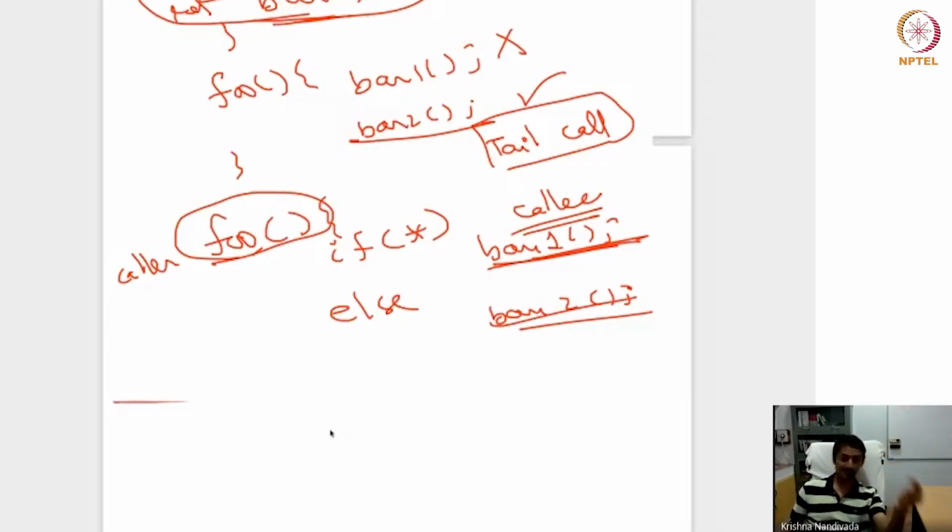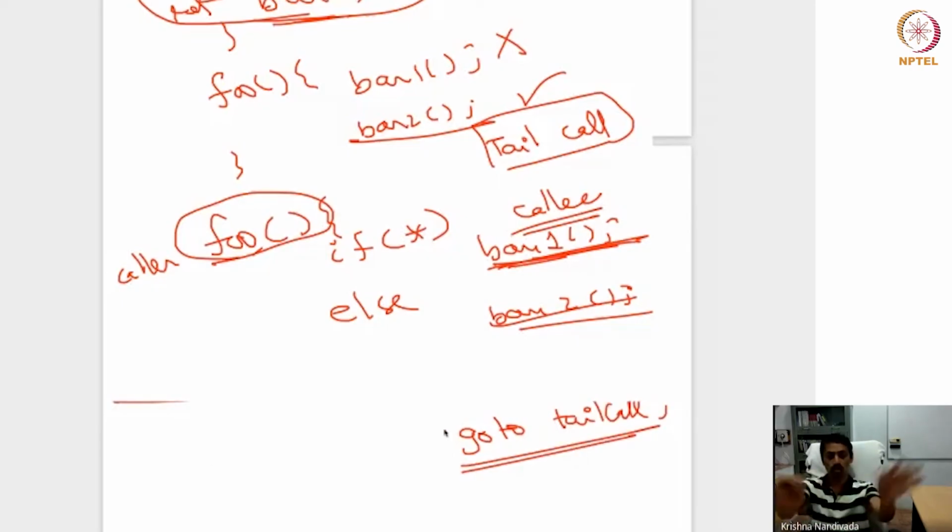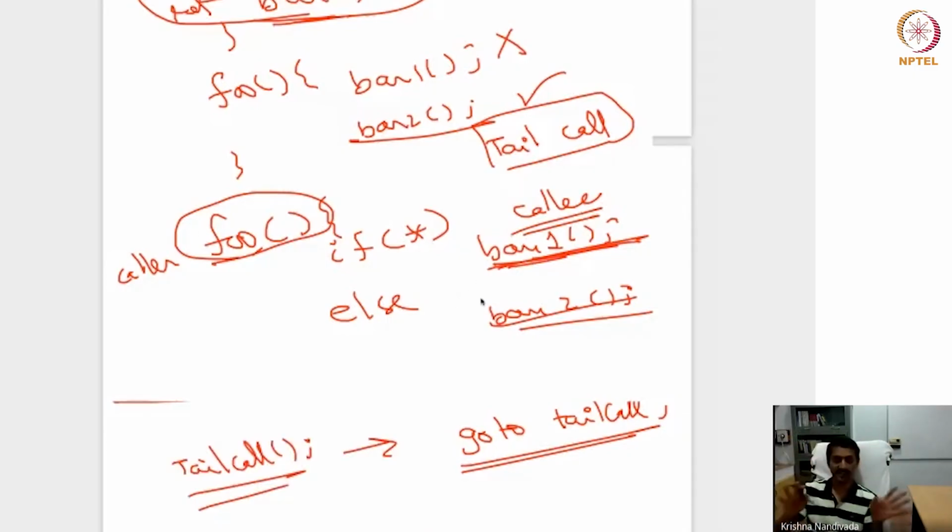So what I will do, I'll go one step further, Abhinav. I will not even call bar 1. Instead of making a call where we save, restore everything, this is what I will do. In place of this tail call, let us say I have a call, function tail call. I will instead do go to wherever the tail call function is. I'll replace the call with a go to. So since it's a go to, I will not save and restore anything. I'll directly go there, start executing, and then when I have to return,